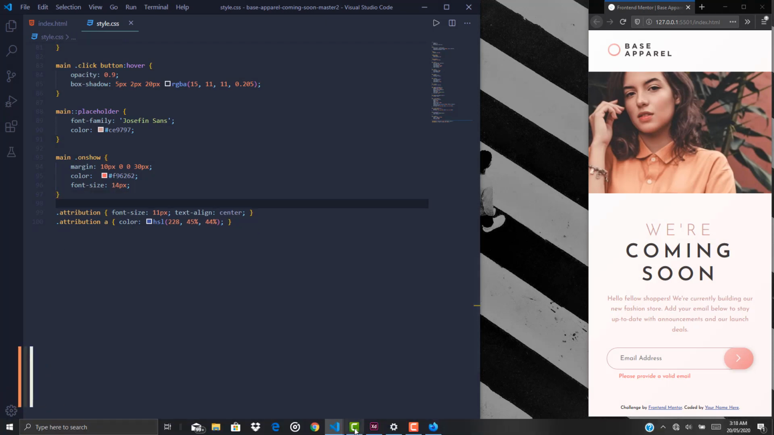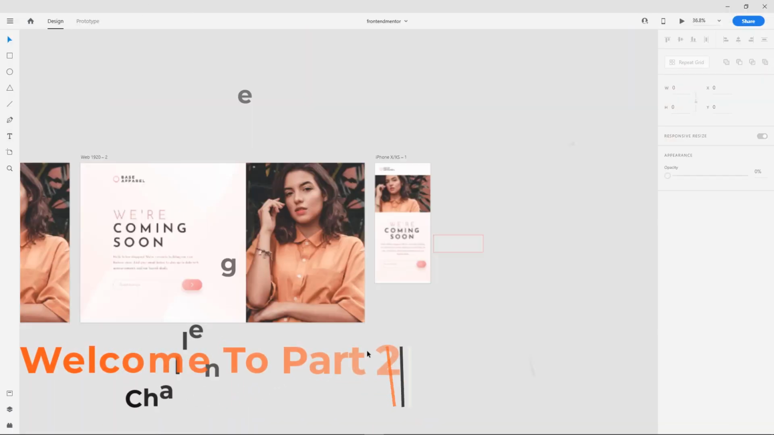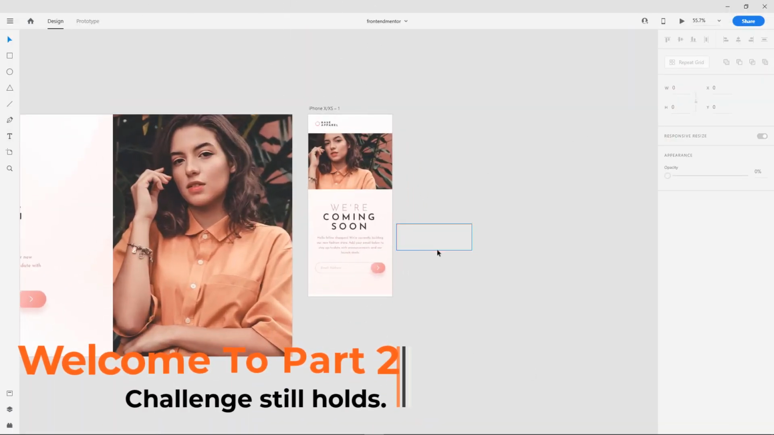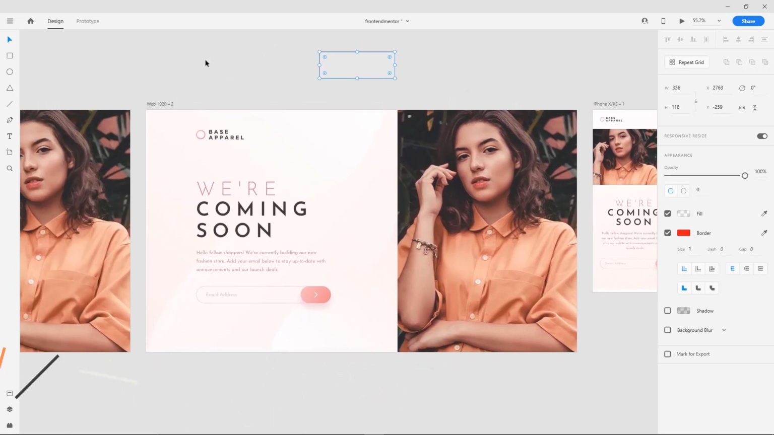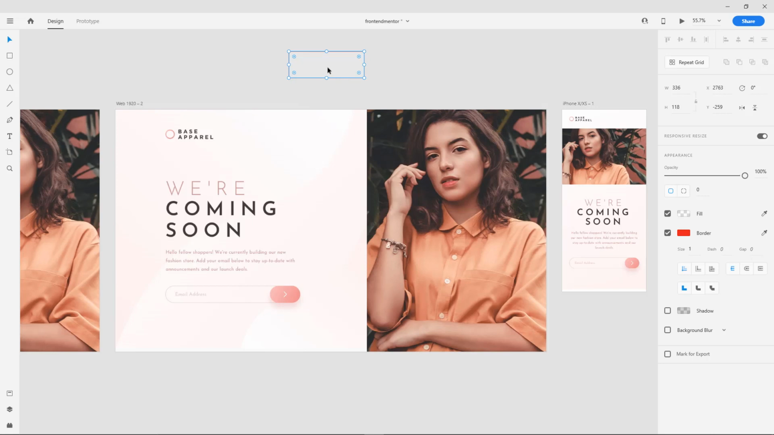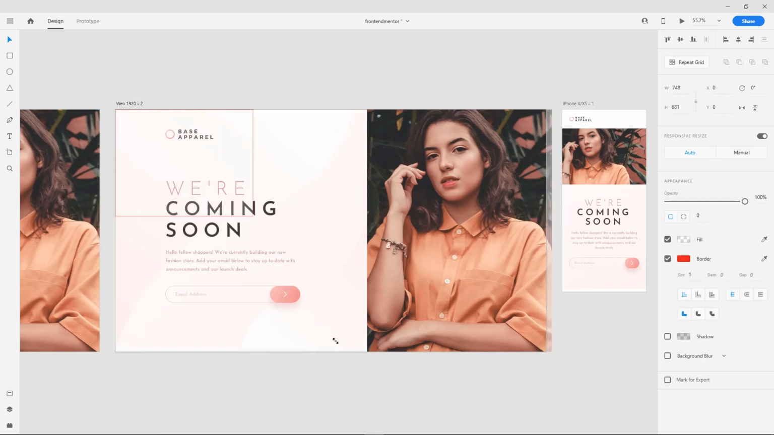So now let's look at the XD design. Now that we're done with the mobile view, we're done with this. Moving on to the desktop design. So now, how are we going to do this? We have all of these and also all of this. So I could say,